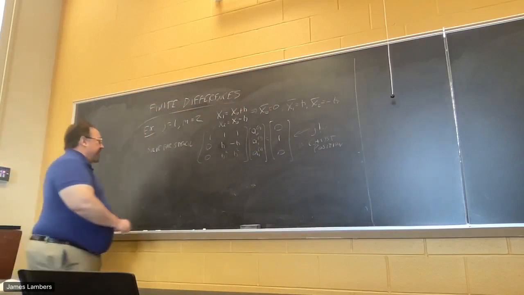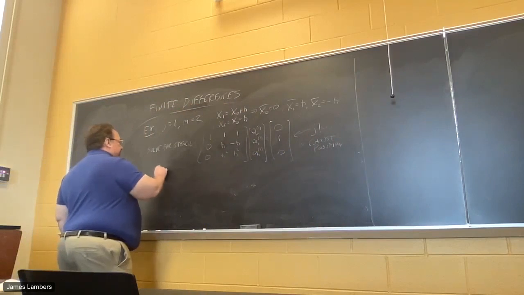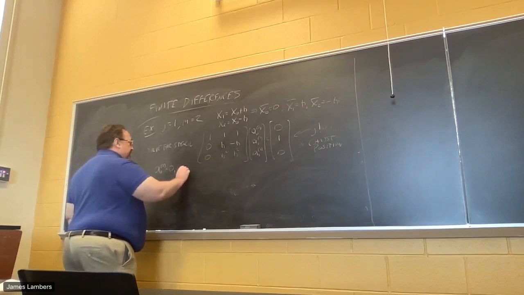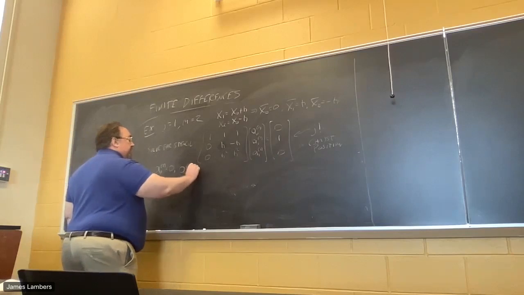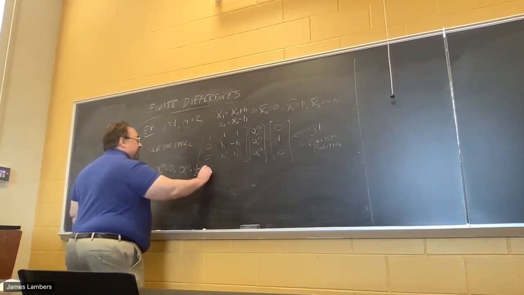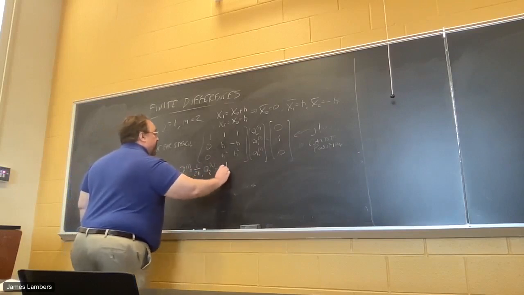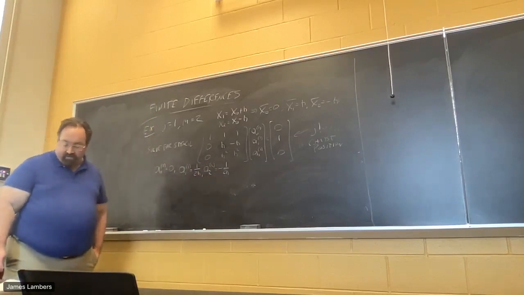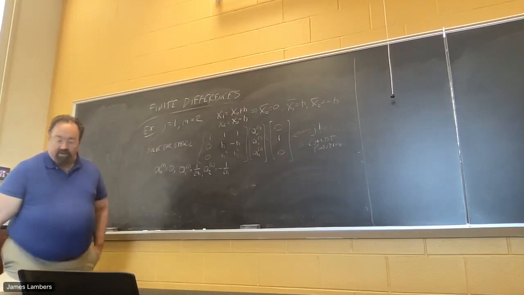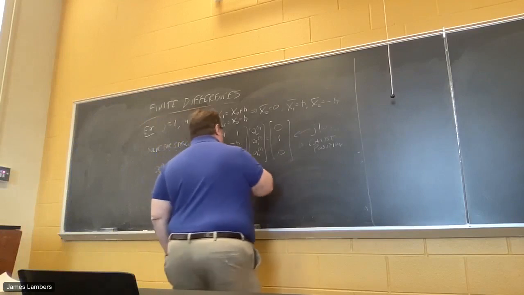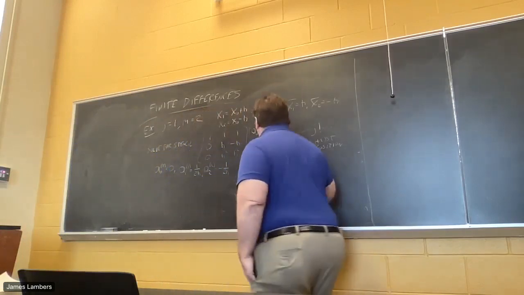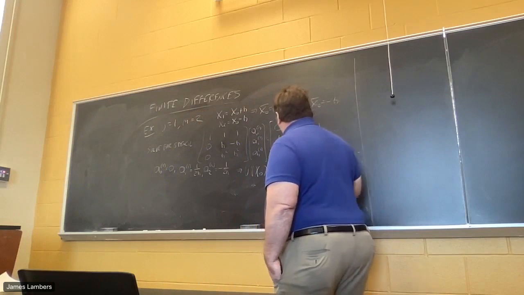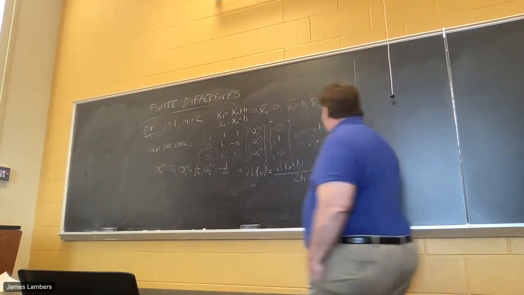I won't go through the algebra here. What we get is a_{0,1} is equal to 0. So x naught, u(x naught) itself is not used. a_{1,1} turns out to be 1 over 2h, and a_{2,1} is minus 1 over 2h. So as always, the coefficients have to sum to 0. So now what we get is u prime at x naught is u(x naught plus h) minus u(x naught minus h) all over 2h